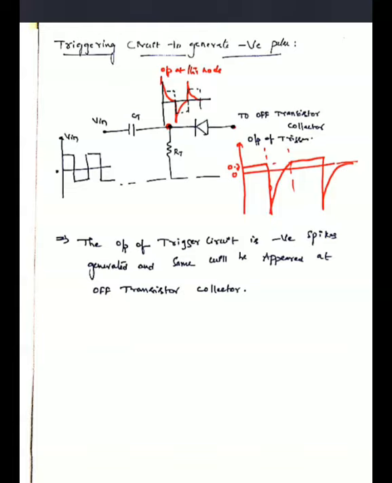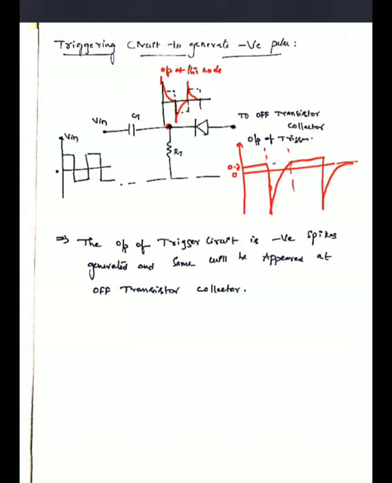In this lecture, we will talk about the triggering circuits, the classifications of the triggering circuits, and the suitability of triggering circuits in monostable and bistable multivibrators. We know from the previous lecture the necessity of triggering. The triggering circuit's purpose is to change the state from one to another by an externally applied input to the corresponding multivibrator.